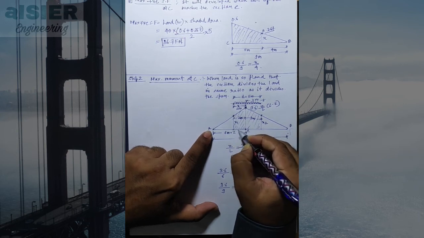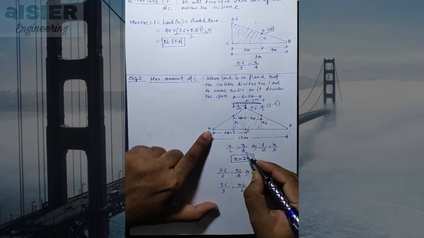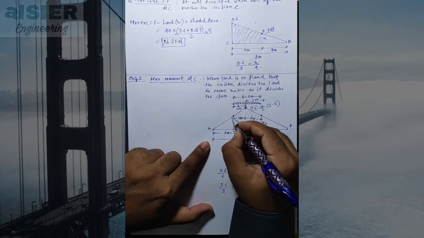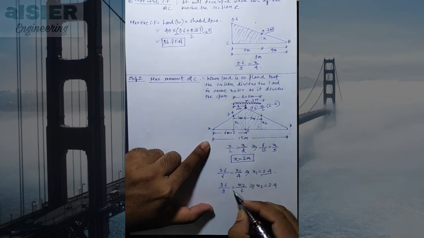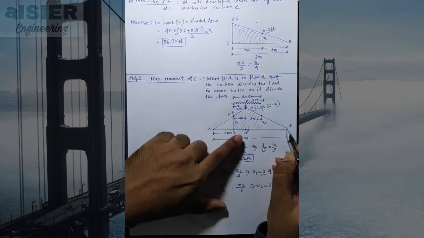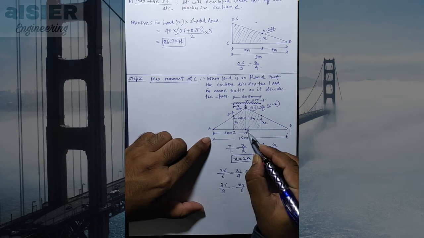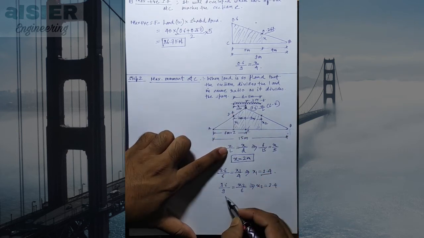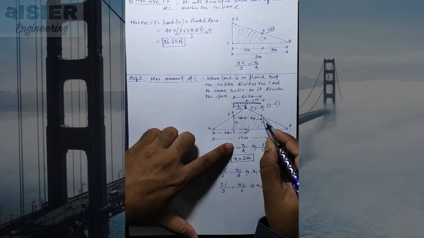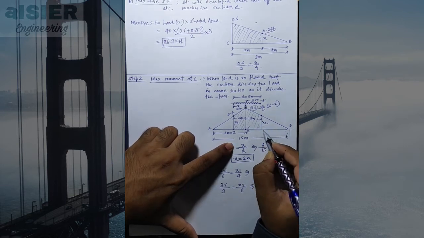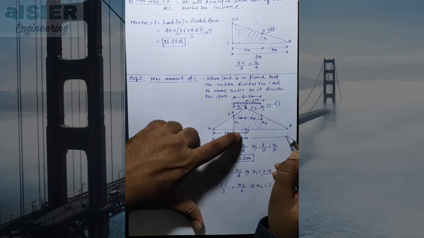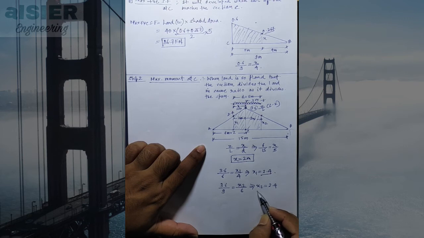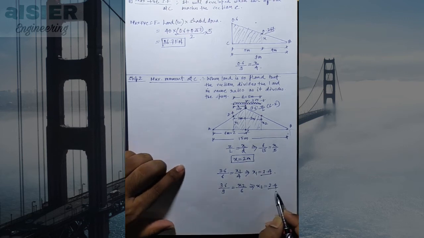So this is totally 6, this is 2, so remaining is 4. So x1 upon 4. From this we will get x1 is equals to 2.4. So we got this as 2.4. Similarly, base of this triangle is, now this is 6 meter, so remaining will be 9 meter, and height is 3.6. So 3.6 by 9 is equals to, this smaller triangle has height x2 and base is, now if this is 9 meter and this is 3 meter, so remaining one is 6 meter, so x2 upon 6. So we got x2 is equals to 2.4 meter.